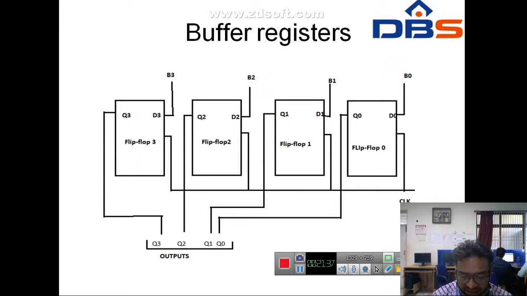When the load signal is low, the X bits cannot reach the flip-flops, so the register contents are unchanged. When the load signal is high, the X bits are transmitted to the data inputs and the flip-flops are ready for loading. If the load is high and the clock pulse is also applied, the X bits are loaded into the flip-flops and the stored binary code becomes Q, that is Q3, Q2, Q1, Q0, equal to X3, X2, X1, X0, equal to B3, B2, B1, B0.